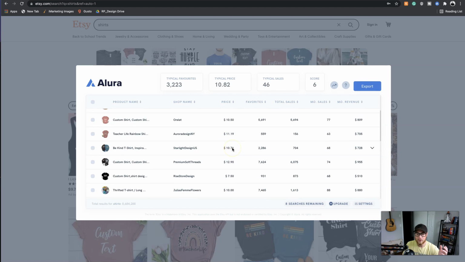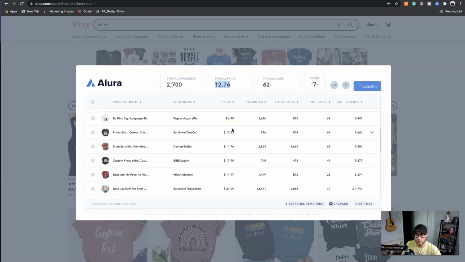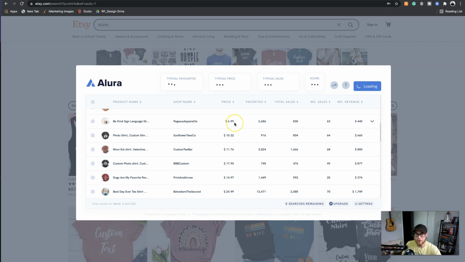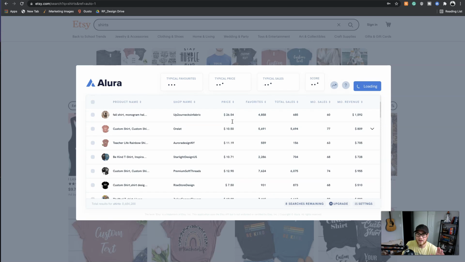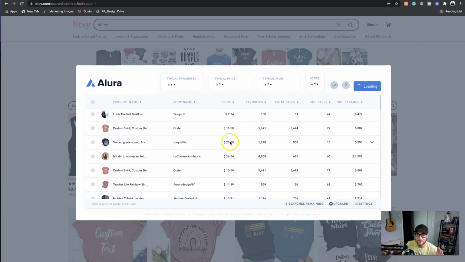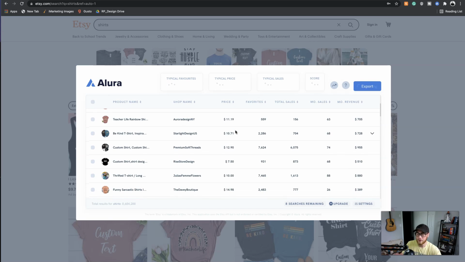And of course, if you switch out the numbers on this, it'll update the typical price, so $12.76. Take this number as your base price, but also look through and analyze. Like this one's $6.99. You probably don't want to be selling t-shirts that cheap because your profit margin is really low, and so this is going to skew the numbers lower. So just quickly scroll through here and you can see that you've got some at 26, some at 9. The average is about $13 to $15. That would be a good range to start at if you're trying to figure out how to price your products